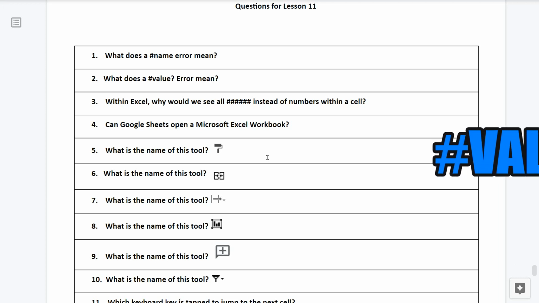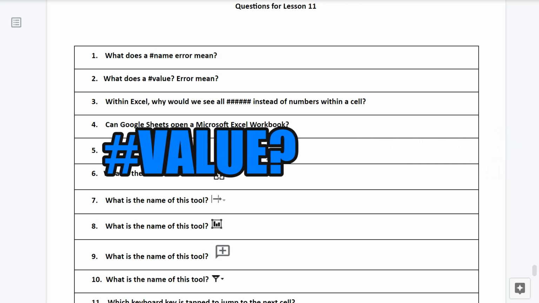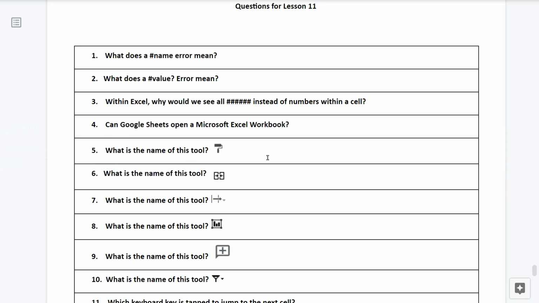What does a pound value error mean? Question number 3. Within Excel, why would you see all pound marks instead of numbers within a cell?